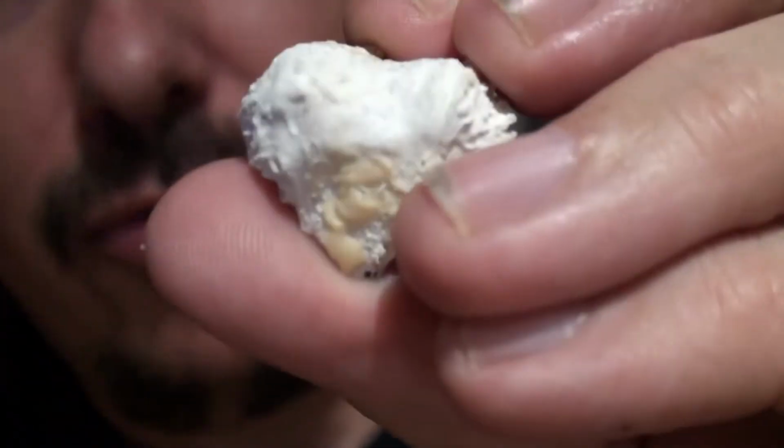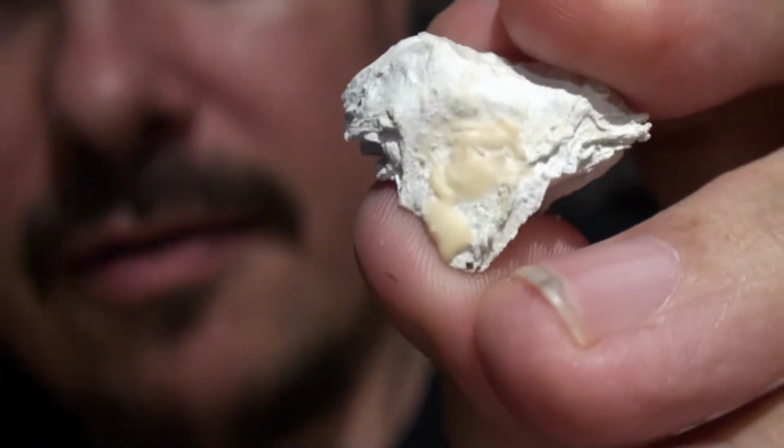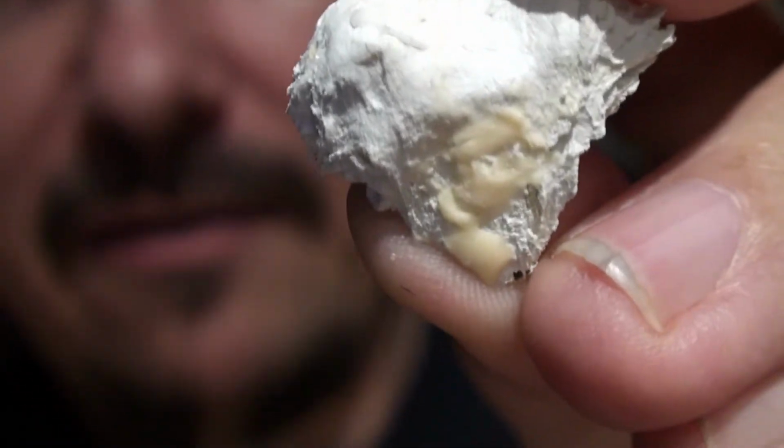I think it's the exact same stuff, okay? But what I did in my experiment is I used the restorative, which I need for sure. And what I did is I mixed the dental cement 50-50 with the restorative powder, just the powder part. I used the restorative cure, the gel, and I mixed it all together and it came out perfectly. It's closer to the color of my tooth, and I actually use this thing to mix it. Now you see this stuff down by my thumb? This is the actual stuff mixed 50-50